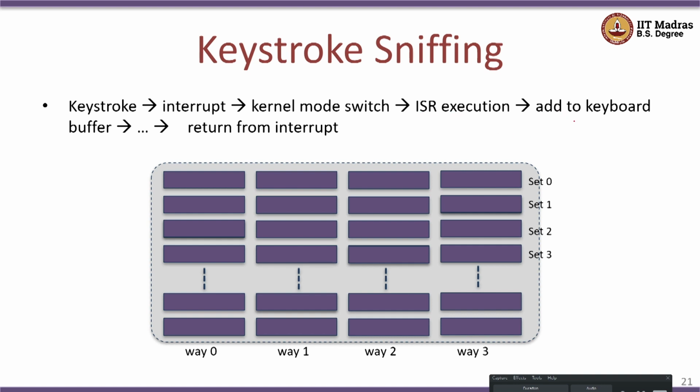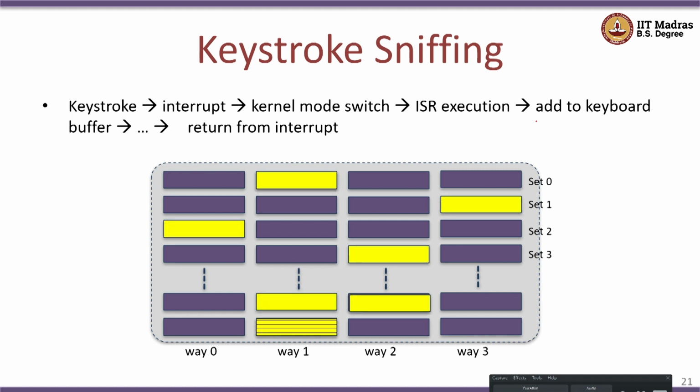And this ISR essentially identifies what key has been pressed and then reads that key from the keyboard buffer. All of this process, interrupt, switch to kernel mode, saving the context, executing the interrupt service routine, reading from the keyboard, and so on, has significant amount of operations, and therefore this would essentially affect considerably the state of the